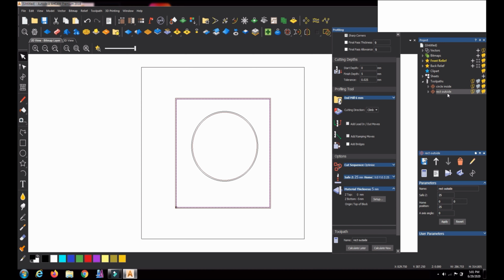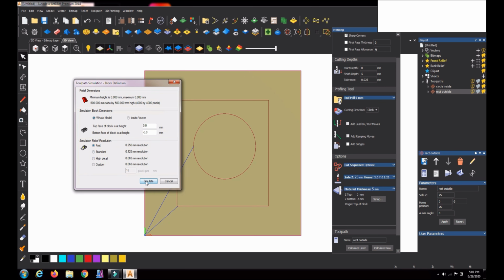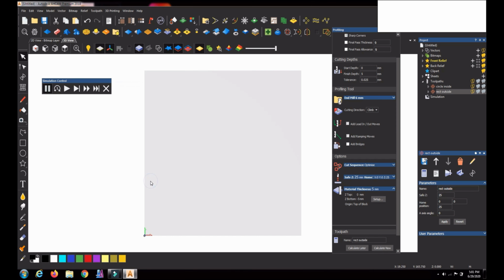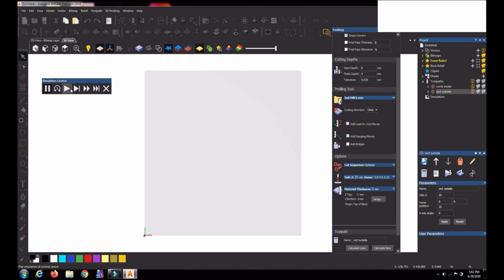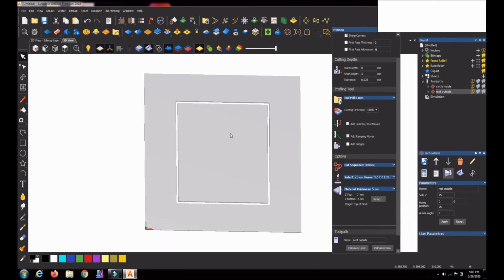For this I can have a separate simulation. Okay, this is selected here, and then I can go here and see the simulation. This is the faster simulation, this is the slower simulation. Just giving the slower simulation, you can see the tool is moving slowly. Okay, with faster, the tool is moving like this.